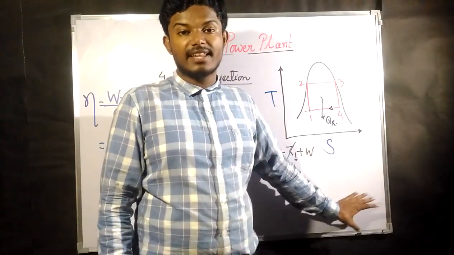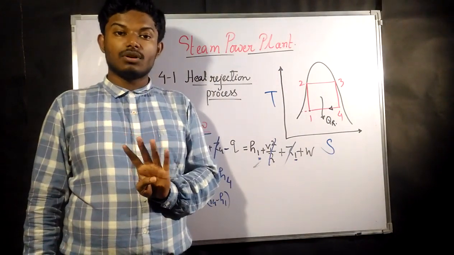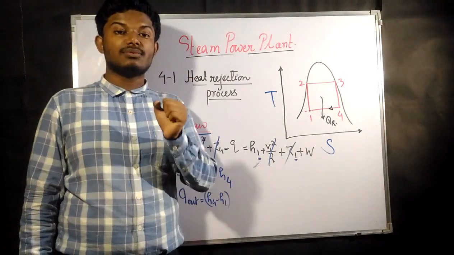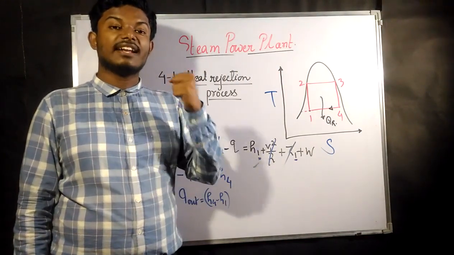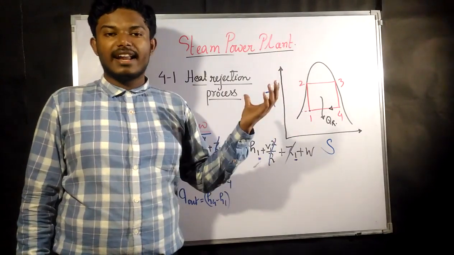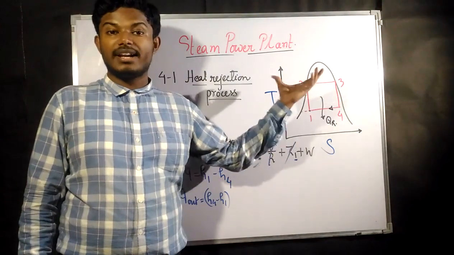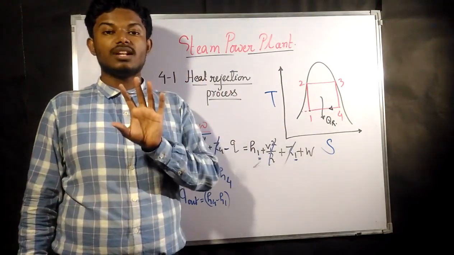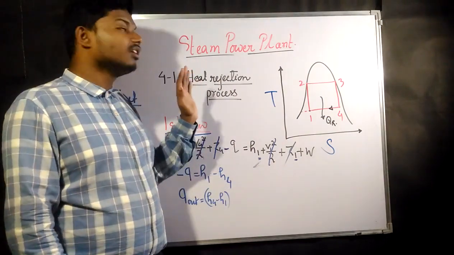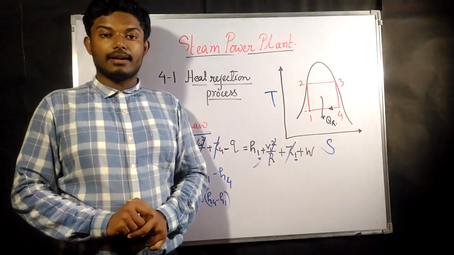The practical cycle used for the steam power plant is nothing but the Rankine cycle. In the next lecture we are going to see the analysis of the Rankine cycle, what processes constitute it, and how it is represented inside and outside the vapor dome on the temperature-entropy diagram. All this we are going to find out in the next lecture. So our next lecture is going to be on the Rankine cycle. The Carnot cycle is up to here.